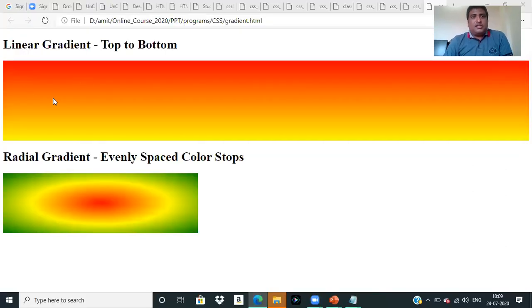So this is linear gradient with red and yellow color, and this is radial gradient with red, yellow, and green color. So let's go to the presentation again.